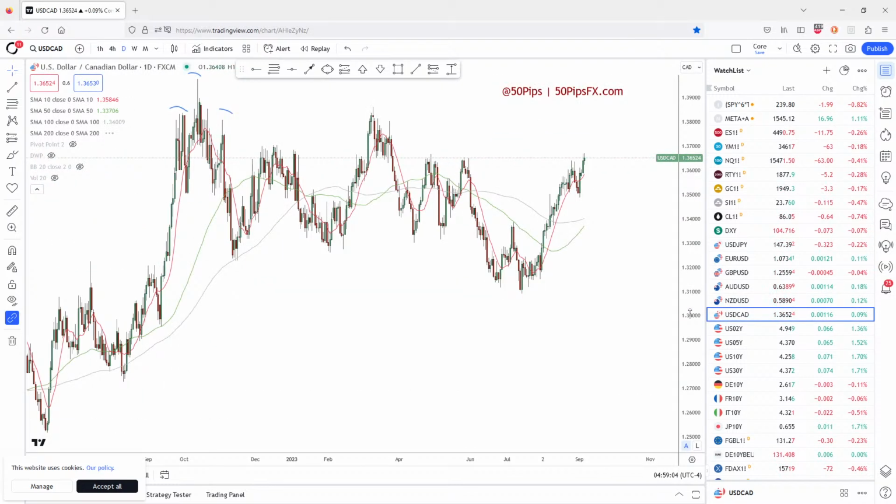CAD struggling to catch a bid, even with oil going higher. USD CAD is back at, here, USD CAD is a tricky one. People like to trade it looking at crude. The problem is, USD CAD a lot of times gets caught in the crossfires between crude and equities when they're not completely in sync, right? It could get caught inside the crossfires of the dollar, of crude, of equities when they're not completely in sync.